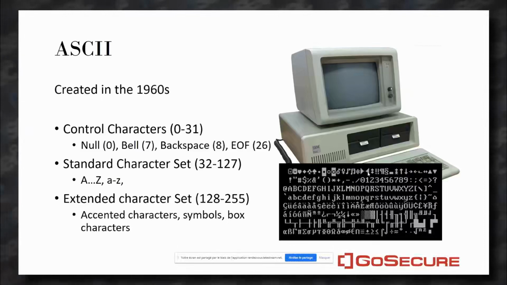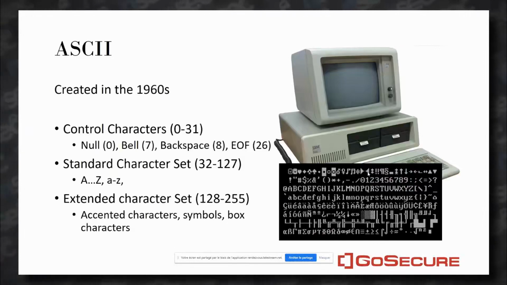And the way the different bytes are attributed, because one byte can have a value from 0 to 255: the first 32 values are control characters that would be used to basically interact with the computer or other programs. Think about the null character, bell for the console, backspace, and these types of characters. So these are non-printable characters. Then we have a standard character set, so Latin characters, every character from the alphabet, uppercase, lowercase, but also numeric values and some punctuation.